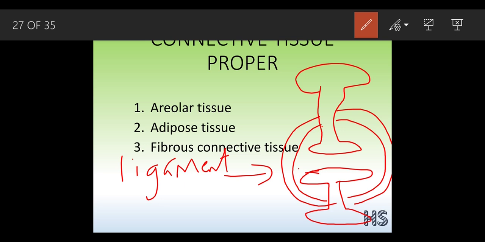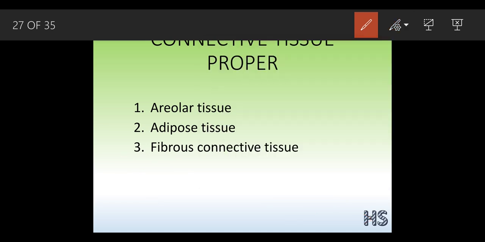Whenever we walk, the knee, where is the knee? Here, this upper part is called the thigh, and this is the lower part from where you walk. This is the thigh region and this is the region below the knee, and in between there is a knee. Whenever the footballer plays, they stretch their leg a lot, so there is a tear in these ligaments, and because of that they suffer a lot of pain. This was about the ligaments. Now we are going to learn about one more fibrous connective tissue.